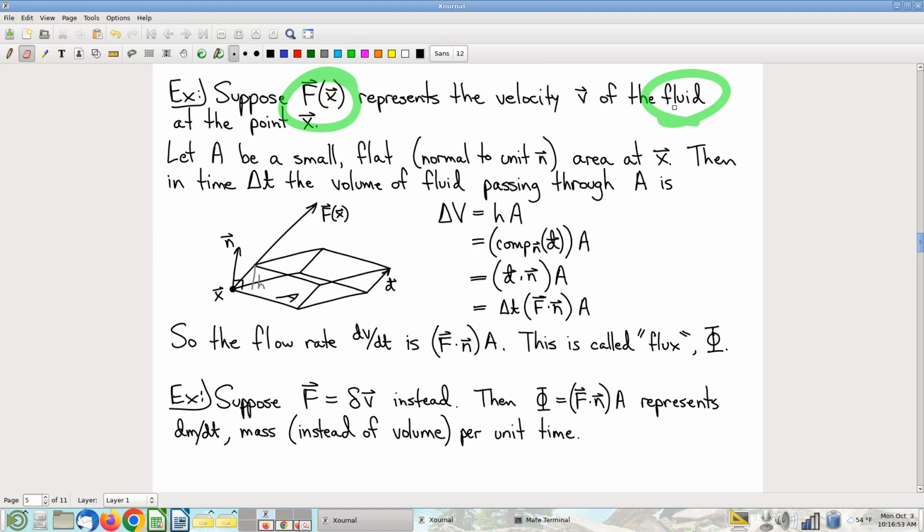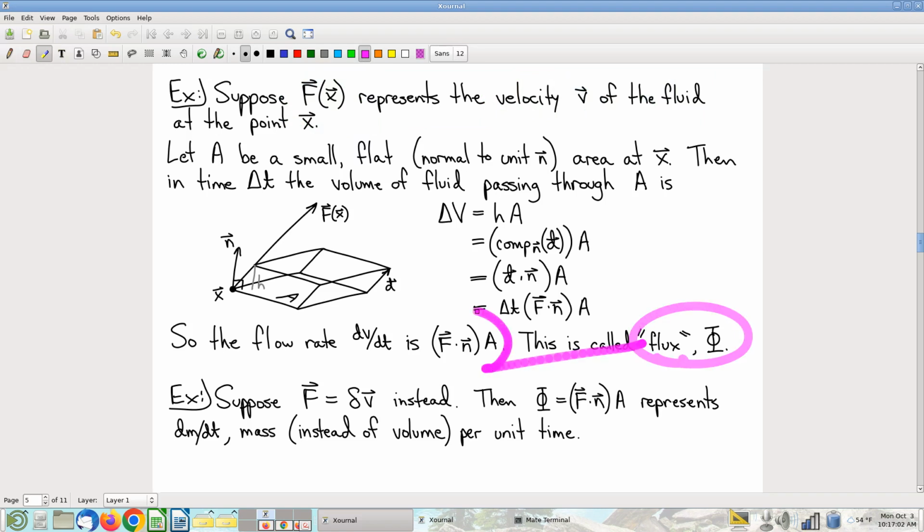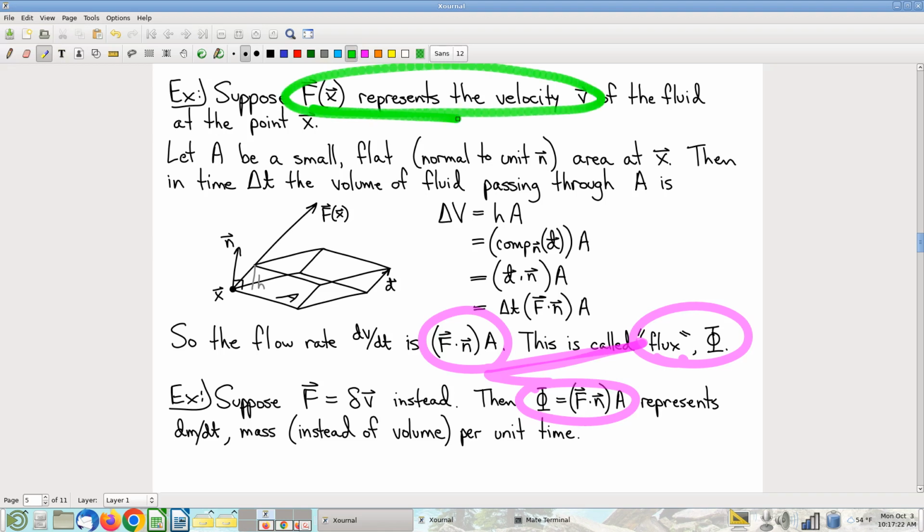So we went through a calculation as a result of that, and what we found was that there was this thing called flux, computed by that formula right there, that gives us the answer to how much fluid per unit time is passing through a given surface. Here's the weird thing. That same expression ended up being the answer to a different question also. With the first question, reminder, if the vector field represents velocity, then we compute volume per unit time. But what y'all are going to find when you go through the analogous calculation, which I think is a good exercise, and I want y'all to take a shot at this yourselves,